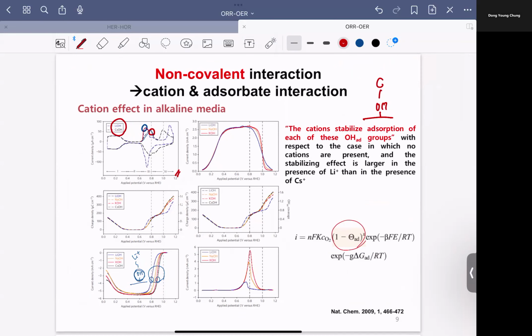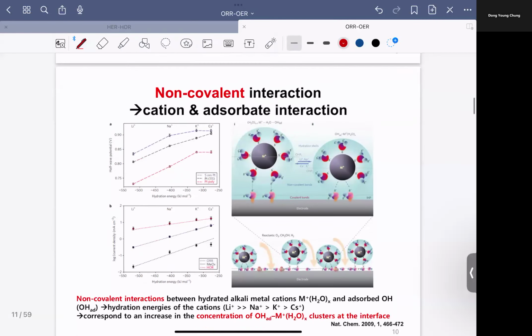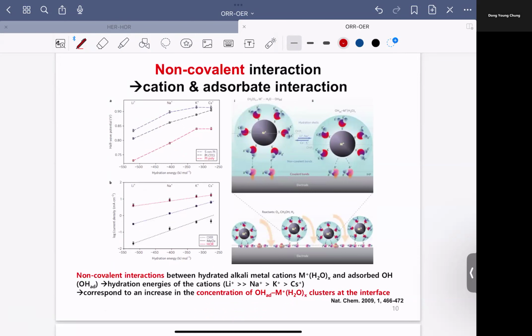So the key is how this type of cation or anion can interact or crosstalk with the surface, which affects the overall stabilization of the zeta coverage, which is the key descriptor for the oxygen reduction reaction activity, right? So this is the nice summary that cations interact with certain OH species like this,